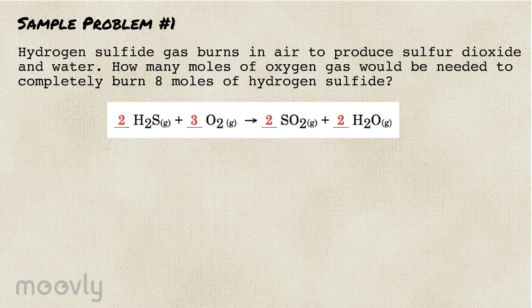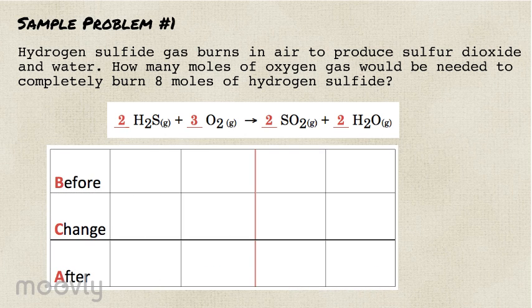Now we will set up our BCA table, where B stands for before, C stands for change, A stands for after. We're going to fill in the before line with a number of moles of starting reactants. We will write 8 moles for hydrogen sulfide, since this is given in the problem. You can assume that the reactants you don't have specific amounts for are present with more than enough available. In this particular problem, there is no mention of the amount of oxygen gas. For such a substance, we will write XS to show that it is in excess and will not run out. Since the reaction has not started, there are no products, so we will write 0 moles for both sulfur dioxide